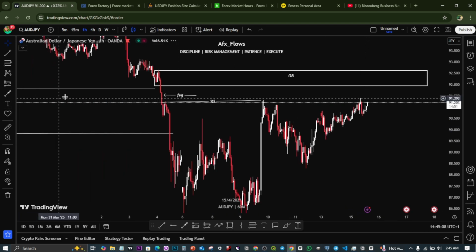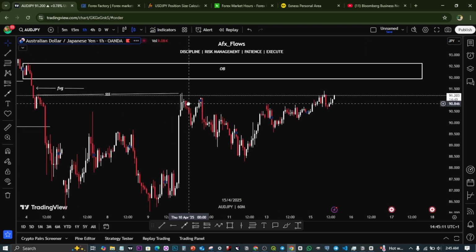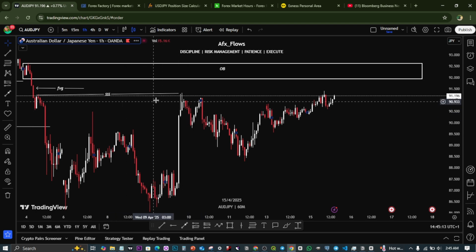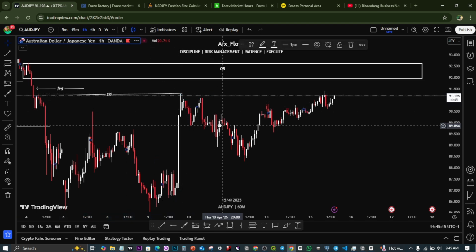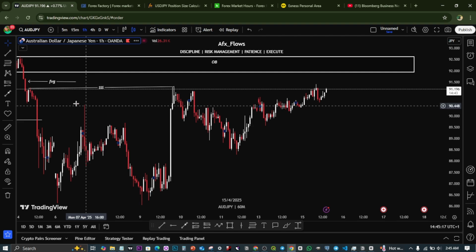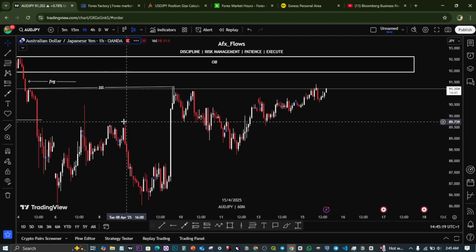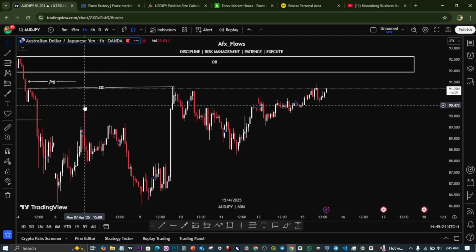So basically, let's go forward. What's price currently doing? Everything is looking nice, everything is looking good. I don't have any concern here, because I know there is a break of structure to the upside here. Okay, let me just put it. There's a break of structure to the upside here,